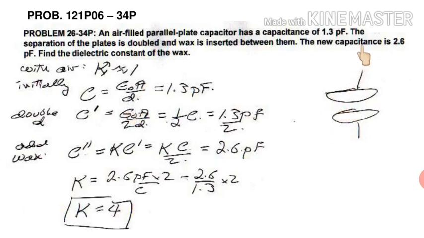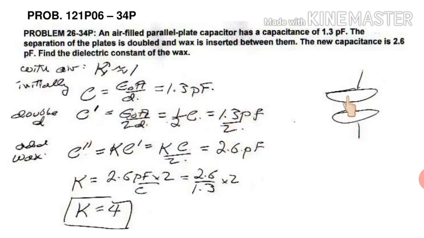Now first we will talk about the first change. The separation of the plates is doubled. So initially it was D and now it is 2D. So when the separation is 2D, the capacitance will change. Let the capacitance be C dash when the separation between them is double. Again, we will use the same expression, epsilon naught A upon distance. The distance right now between the plates is 2D. So in place of epsilon naught A upon D, we can write C upon 2. And C is 1.3 picofarad, so we can write 1.3 picofarad divided by 2. So this is C dash when the separation between them is 2D.